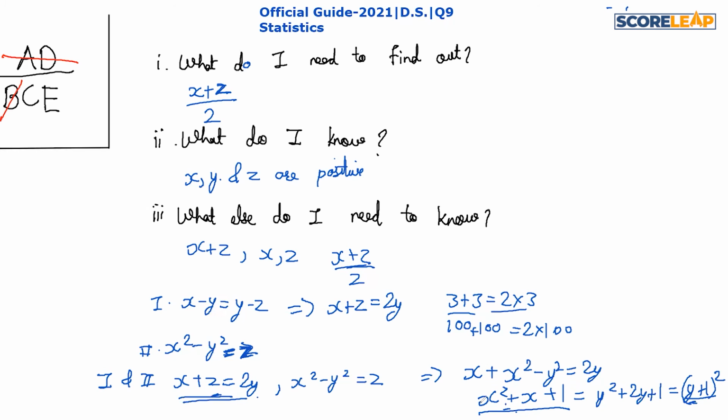We can put x as 1 over here, so y plus 1 squared will be 3. So y plus 1 will be root 3 and y will be root 3 minus 1. Similarly, if we put x and y over here, we will get the value of z. If we put x as 2, then in short there are many values for x and z possible. If we combine them, then also together they are not sufficient to answer our question.